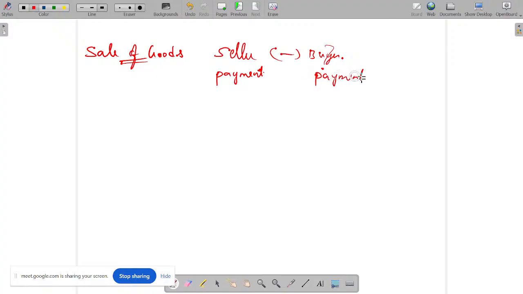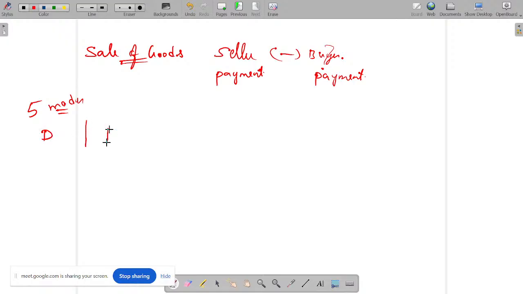I'm talking from one point of view only. I'm not talking about the other promise. I'm talking only about one promise. What is the promise of the buyer? To make the payment, and what is the right of the seller? To receive the payment. Okay. How many ways can a contract of sale be formed? We have five modes. Hope you remember.